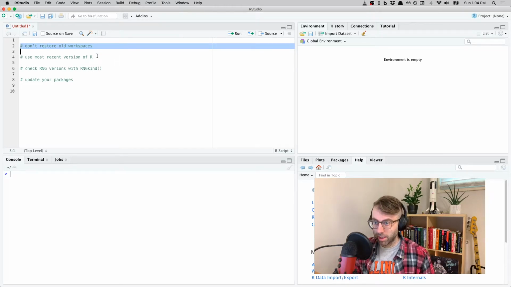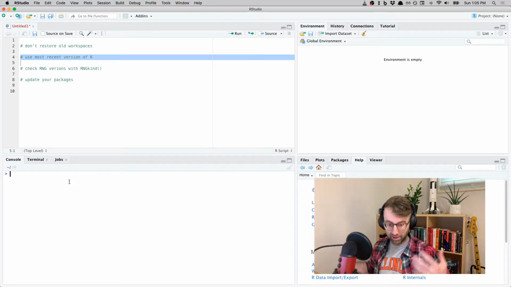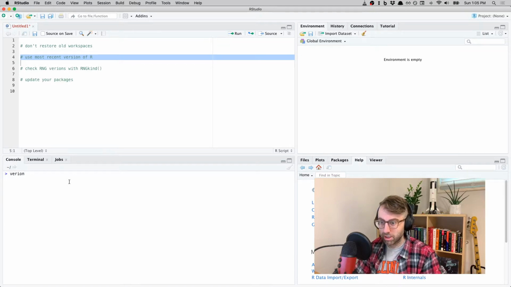All right. The next thing you need to do is use the most recent version of R. Technically, you could be a minor version behind, but you should get into the habit of installing the new version whenever there's a new version of R. It'll save you a lot of headache later. When you open up R, generally it tells you in the console what version you're on, but I don't see that right now because I had already done some stuff in the console and then cleared it. So the way you get around that is, let's see if I can remember this, I think if you just type version,